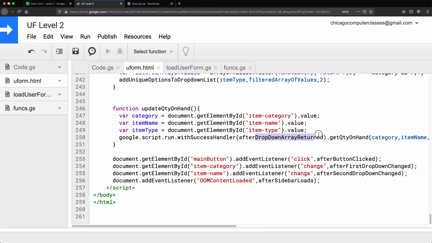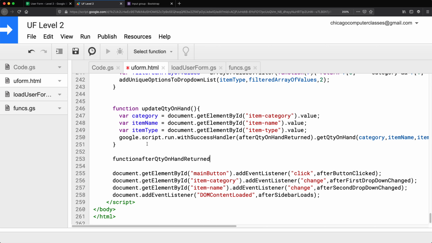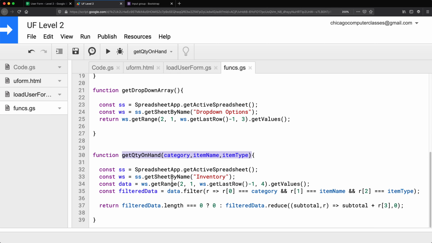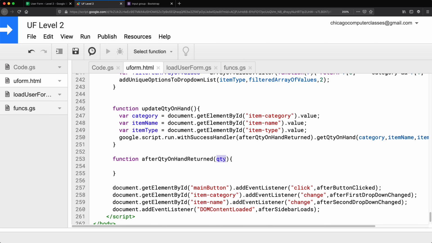And we're going to create a function for this. And we need to now create this function. And that function will accept a parameter. And that parameter that's going to be returned is this, which is the total. So at that point, we should have the total. Now, once we have the total number, we have to just put that in